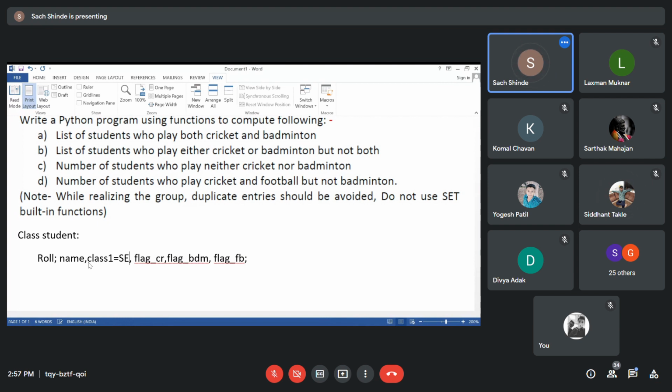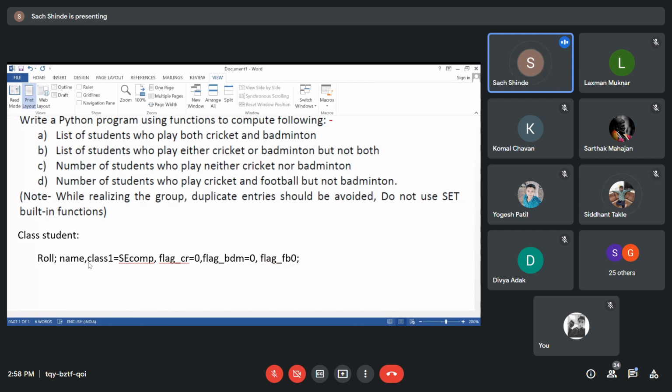So we'll give the default allocation for the data, that is, the class name is SECOM. Branch is already included, and we have three flags over there. By default, each flag value is 0.